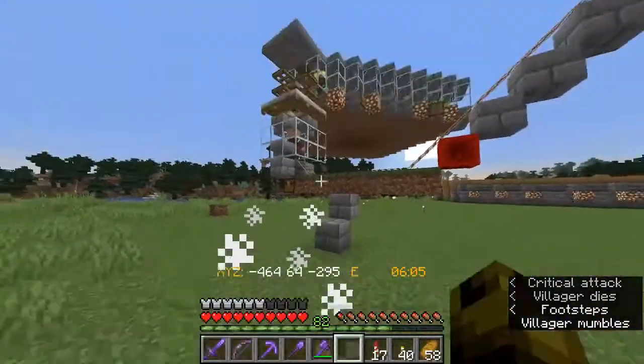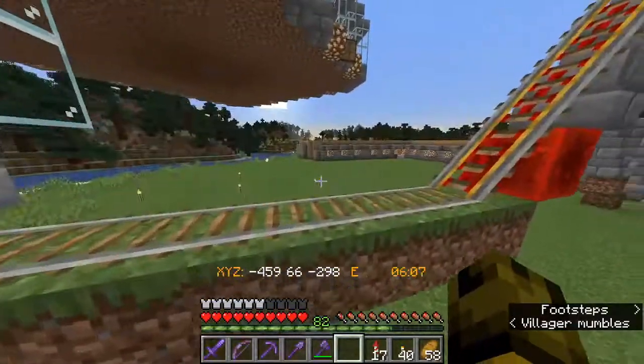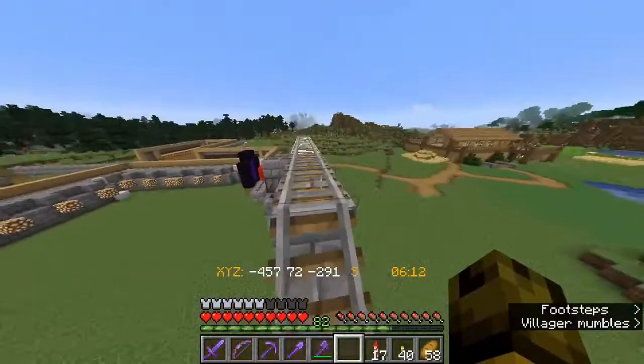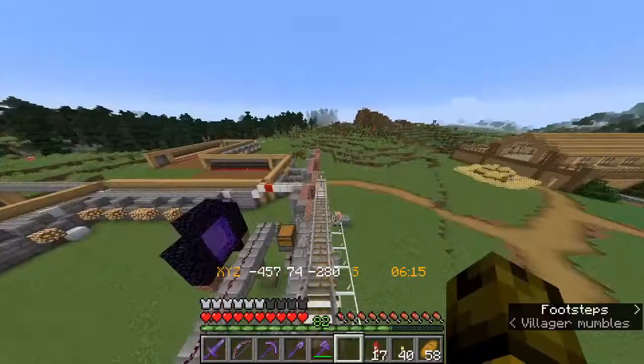Also, this guy's not supposed to be out of his cage, so I'm going to just kill him. Anyway, it looks like I got a couple villagers to get going, but anyway, that is it for this episode,